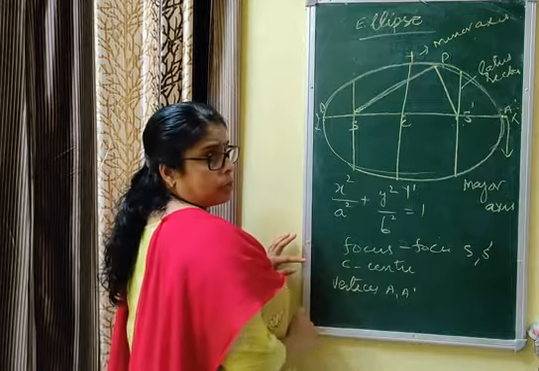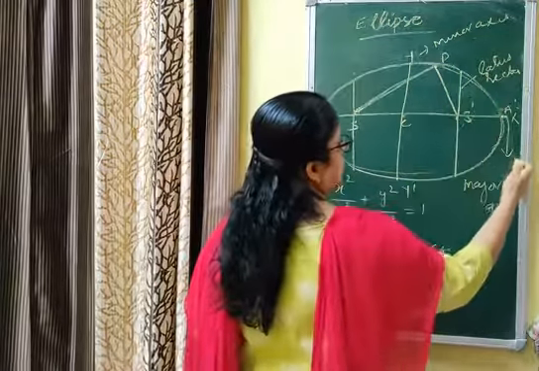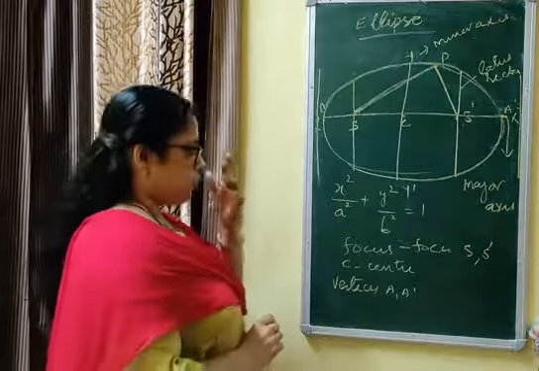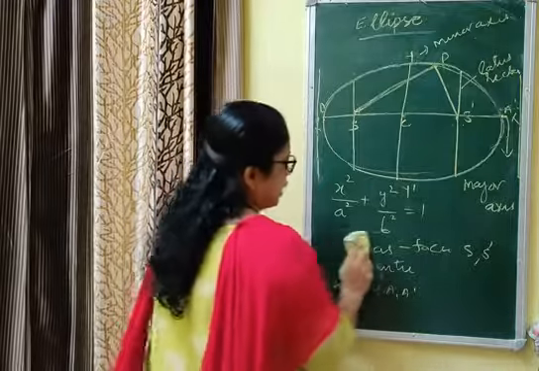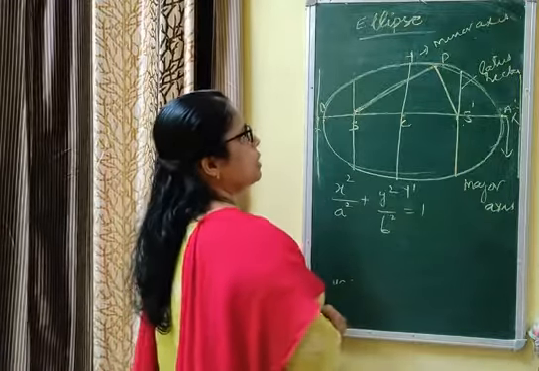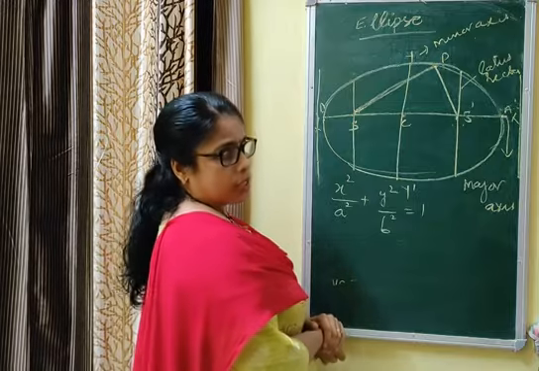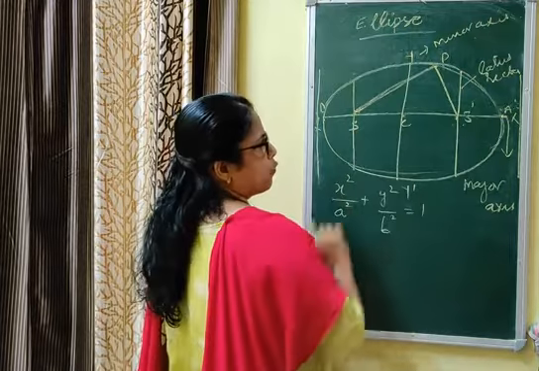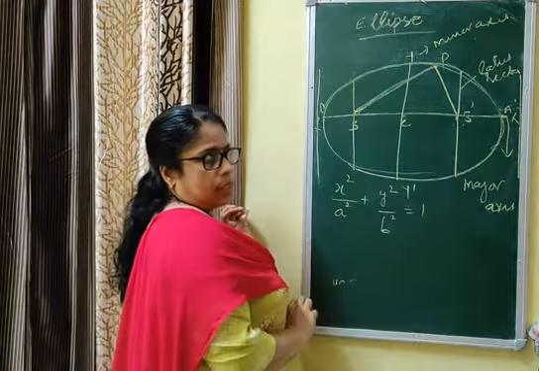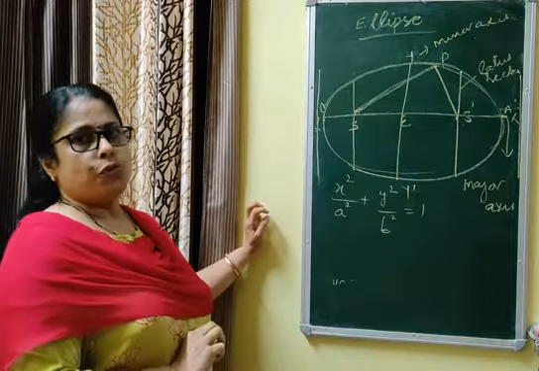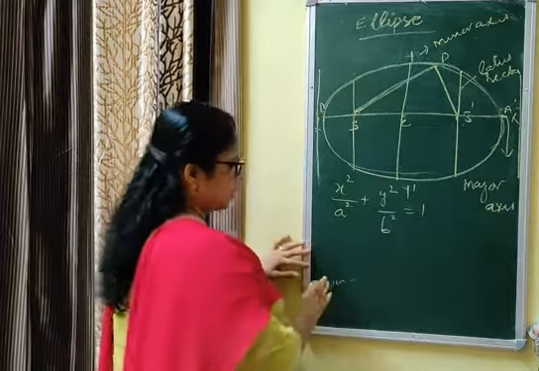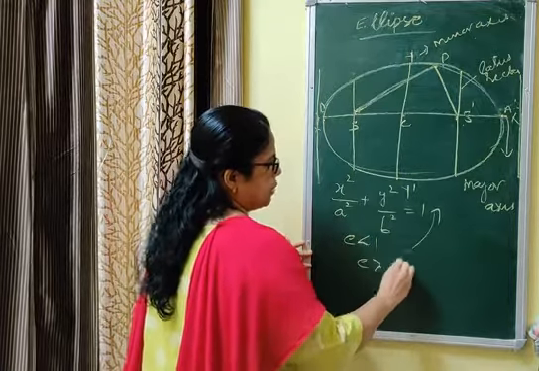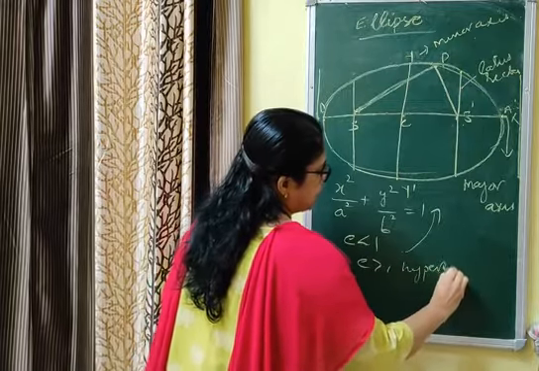Now, by using the concept of directrix, one directrix is here in this way, one directrix is here. And I will give you the equation of that one. Once more, an ellipse is a locus of the point which moves in such a way that the sum of its distances from two fixed points in the plane is constant. These fixed points are called foci, and eccentricity is the ratio of the distance from a fixed line to the fixed point, denoted by E. If the value of E is less than 1, it becomes an ellipse. If E is greater than 1, it is called a hyperbola. That we will study later.